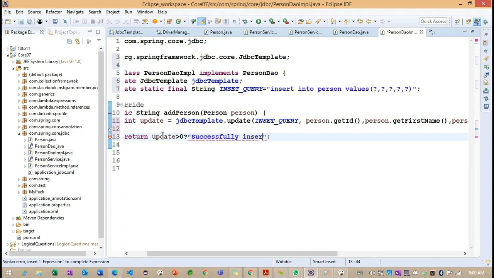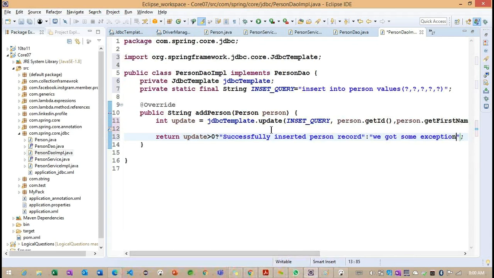Successfully inserted the person record, and otherwise, we got some exceptions.